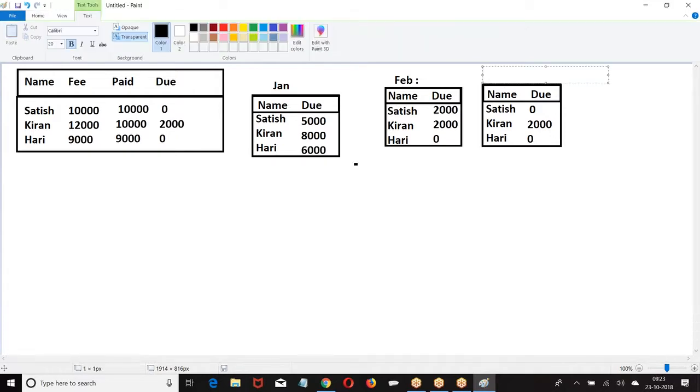When we create the report, it will be created on the current data. But what is my requirement? In the month of March, I want to create a report on the data which is in January. Is it possible? In March, I want to create a report based on the data which is available in the month of January.